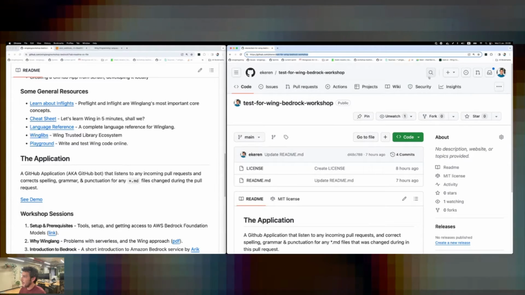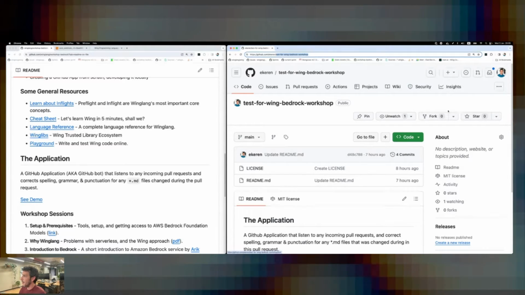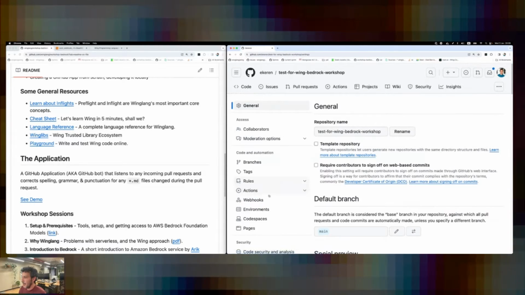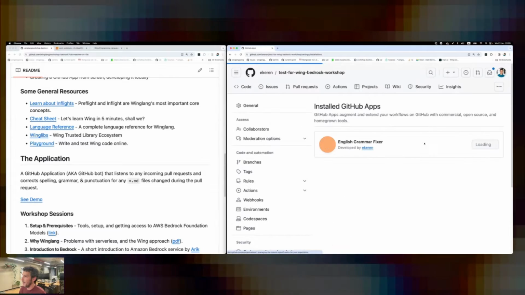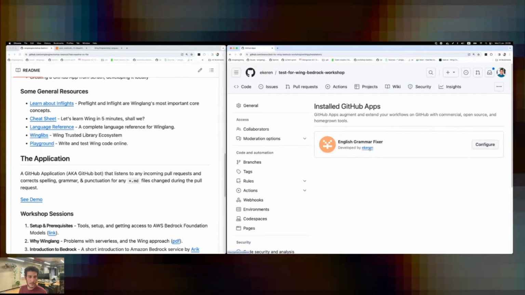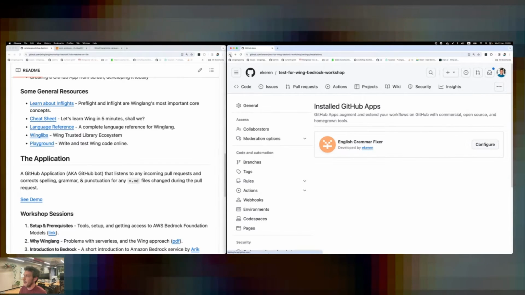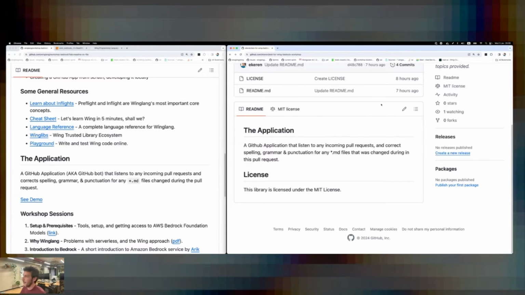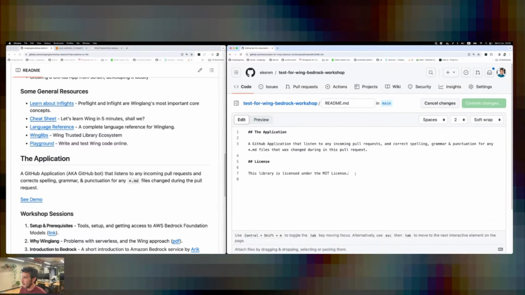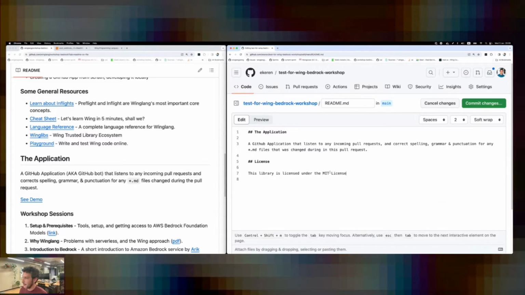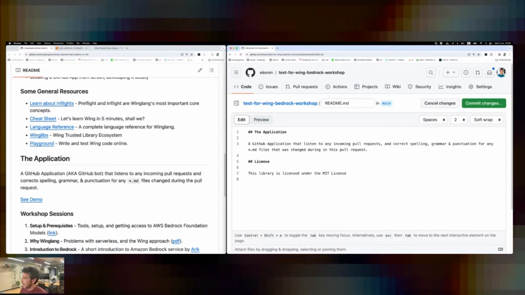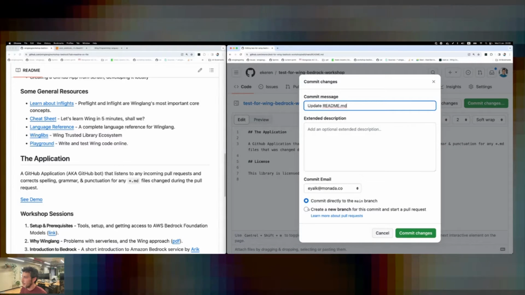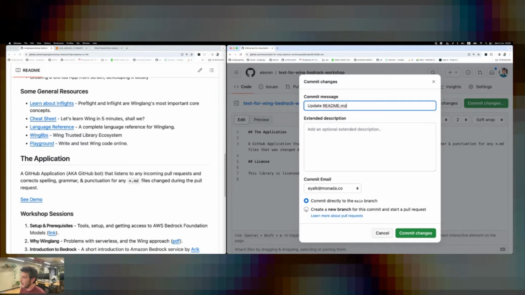So this is the application. The application, as you can see in the settings, already has one GitHub app installed, English Grammar Fixer, that was developed by Karen. This is me. And let's see what happens when I use it. So I have this README file. I want to edit this README file. Editing it, I'm just going to delete this dot under the license, and I'm going to hit commit changes. I'm not going to commit directly to the main branch because I want to create a pull